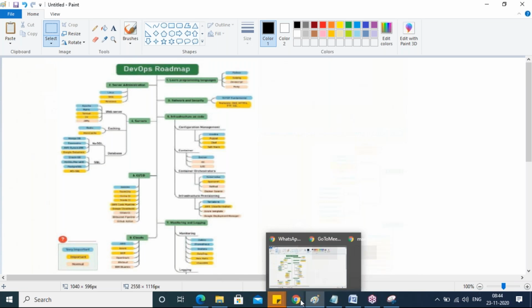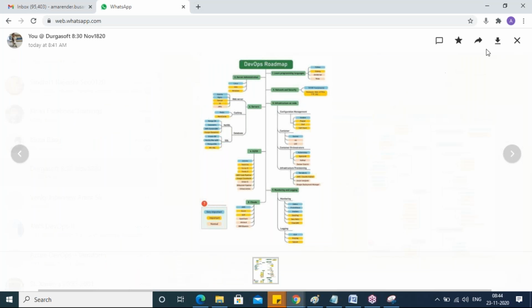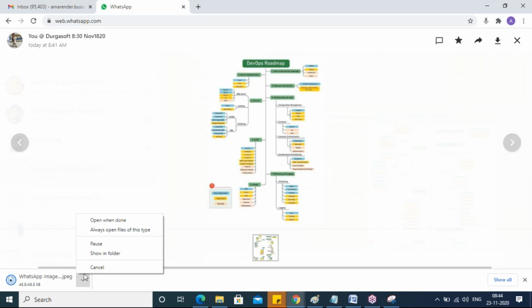How to open it in Paint? Let me do one thing, let me download it. Open. Let's open this.